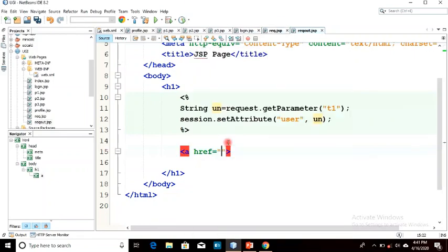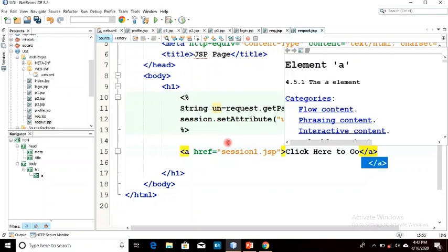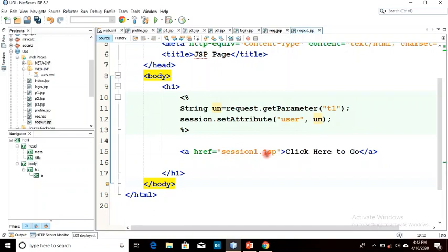Suppose I have given session1.jsp, and give a link as click here to go. And the link is closed. Now it will be redirected to session1.jsp, so I have to create a new web page.